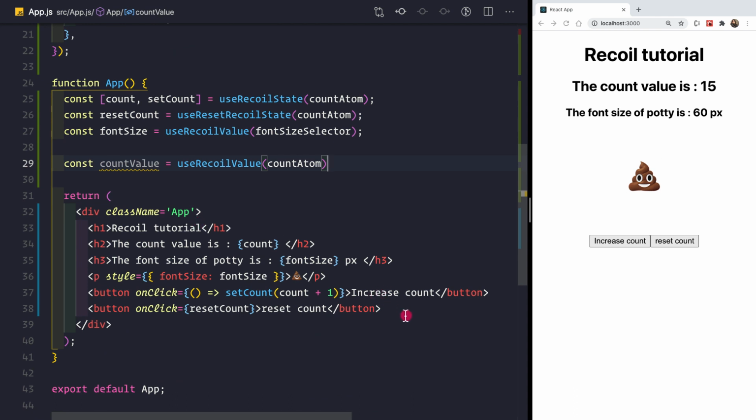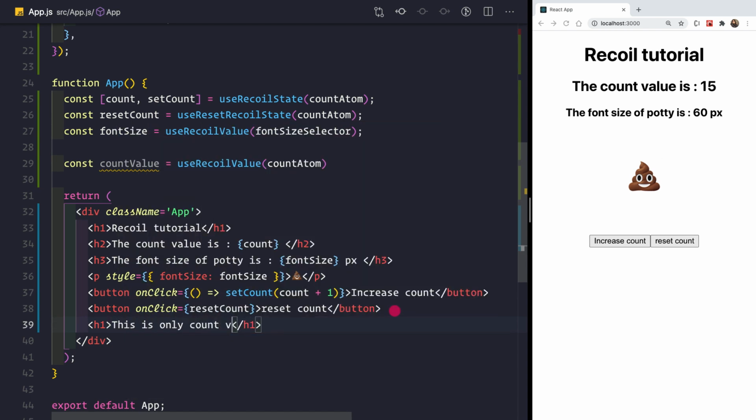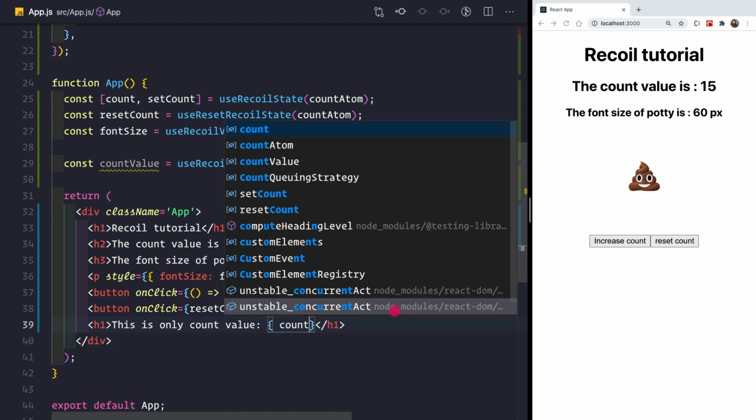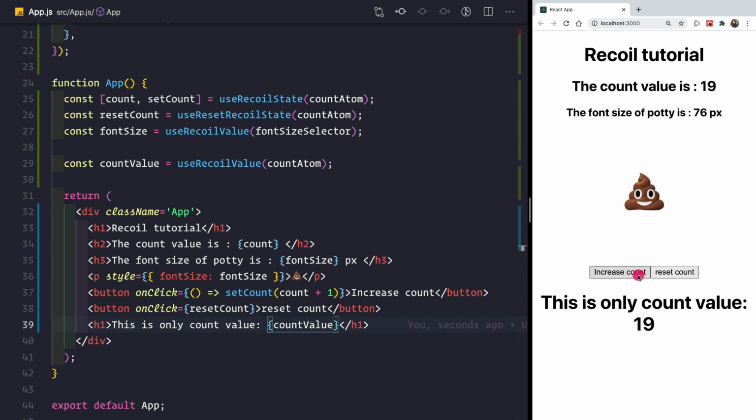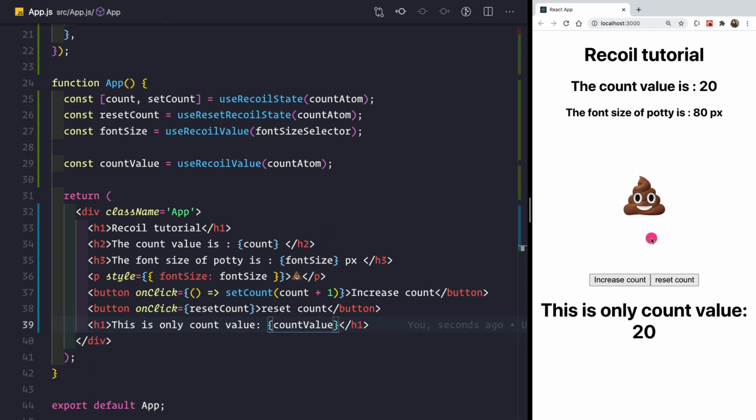And now let me provide it here in an h1 like this: this is only count value, and here we can simply provide countValue like this. So let's save this. Now we can see that we are getting the value as 15 here, and if we increase the count, we are getting 16, 17, 18, and the size of the potty is increasing.